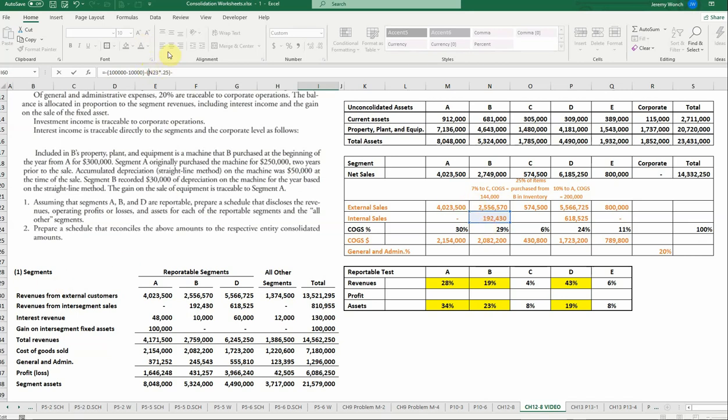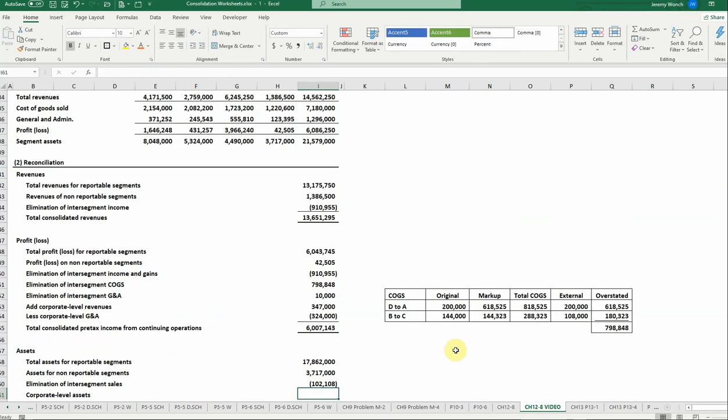Sorry, let me fix my formula here. Minus what it should be, which is the 144,000 times the 25% that's left. Okay, let's